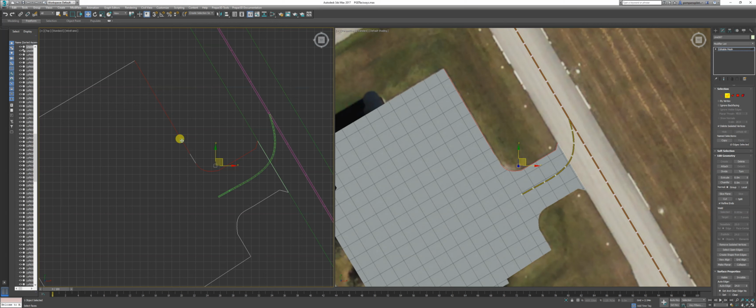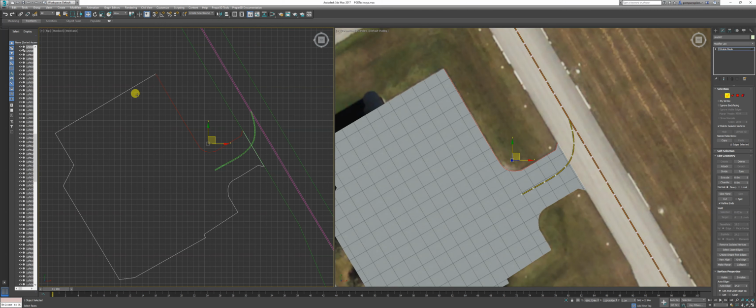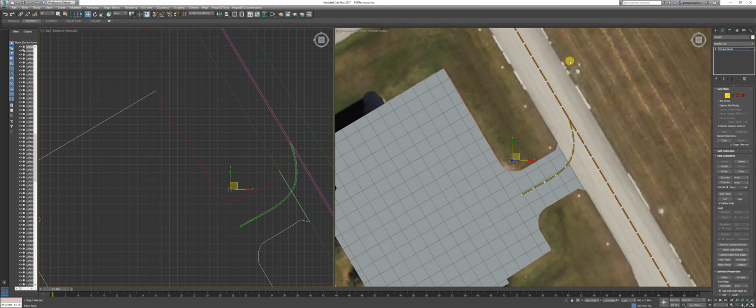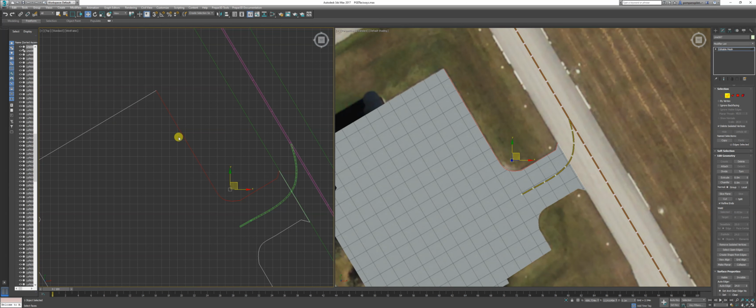Let's go to here and here. Okay, now that's your edges. You would eventually do it for everything, but I'm just going to show you a small snippet. You want to create a loft from that, but you see that you can't do that because you need to make the line first. So once you select all your edges, you're going to want to go down to create shape from edges, go to linear, okay, and then now you have a